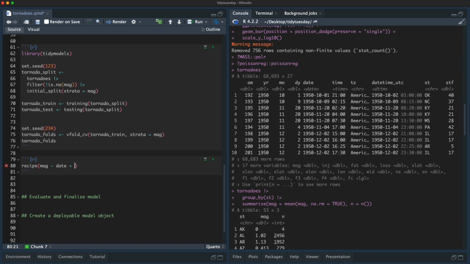Also, this will let us use the year. Let's put in that state, which remember we're going to want to handle with some feature engineering so that we don't end up with 50 new variables. Let's say the number of people that are injured, the number of fatalities, length and width, which are the size of the tornado. And yeah, let's call that good. So I will pass in a little bit of data here.